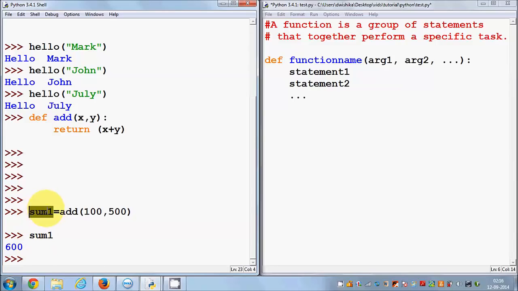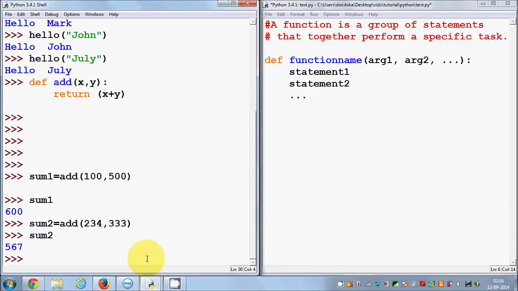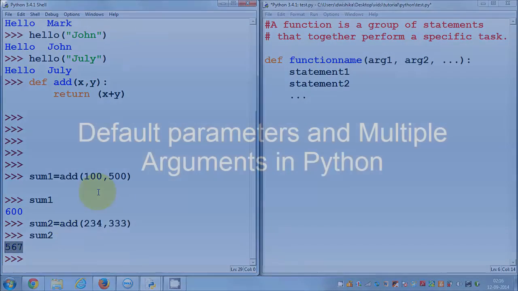And the same thing you can do again and again. So for example, you want to add some other numbers, for example 234 and 333. You can do it like this, and you can call sum2, and it will give you the result. Okay,